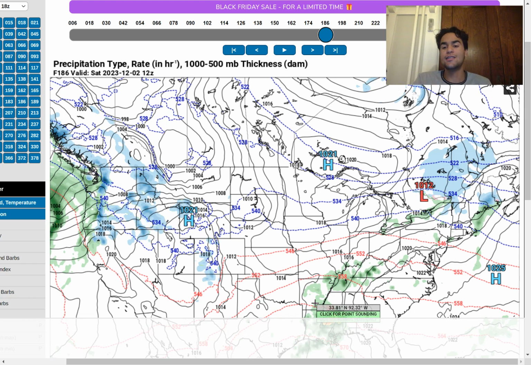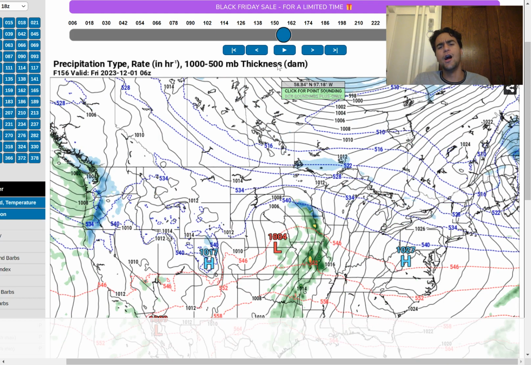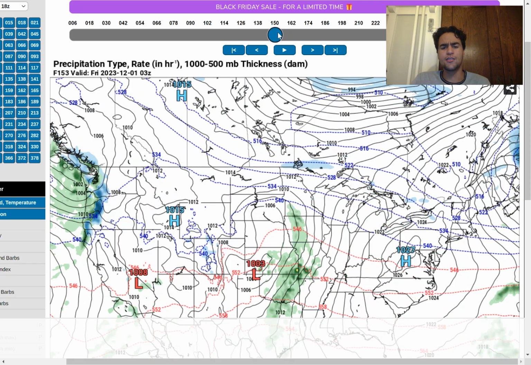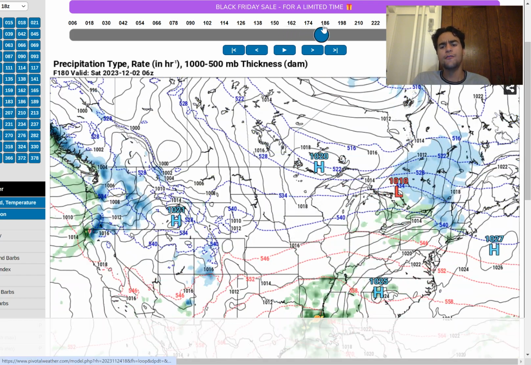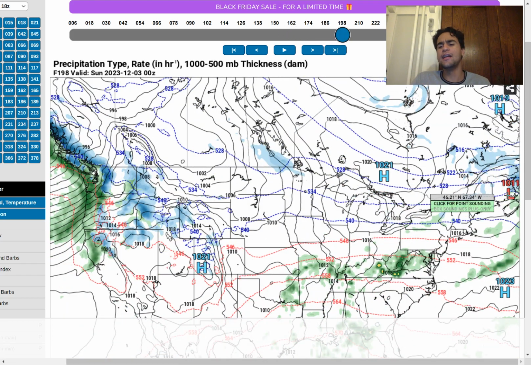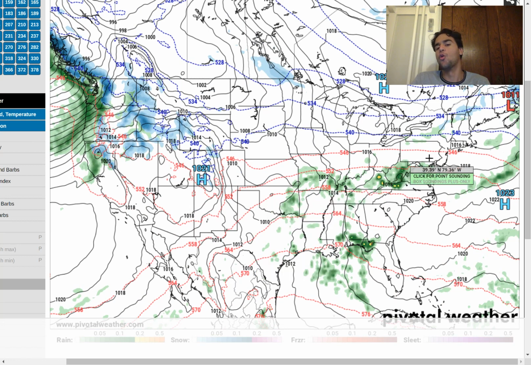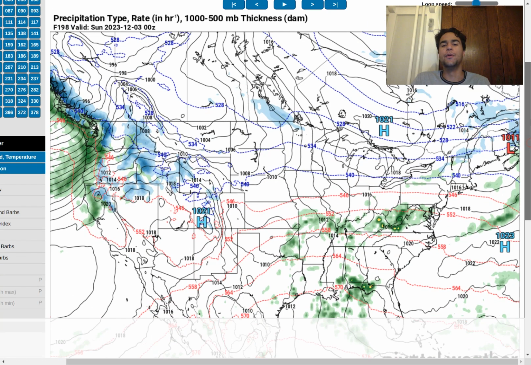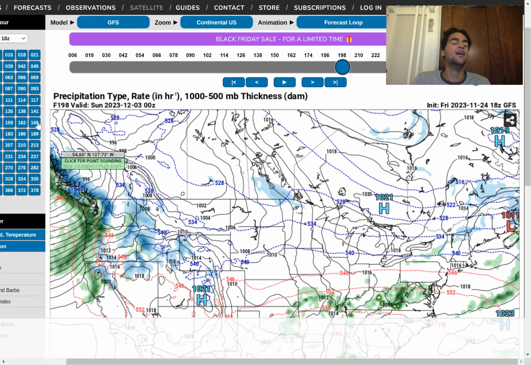So while this first snowstorm might not necessarily be very significant, it seems like both the GFS and the European model are expecting this storm to be fairly weak, so you shouldn't expect a ton of snow from this storm. However, it's not necessarily this snowstorm that could be a concern, but it's the snowstorms after this, because if this induces just enough of a northerly flow, we could see a lot more of this and a more significant snowstorm pattern developing right over the Ohio Valley and the Northeast.